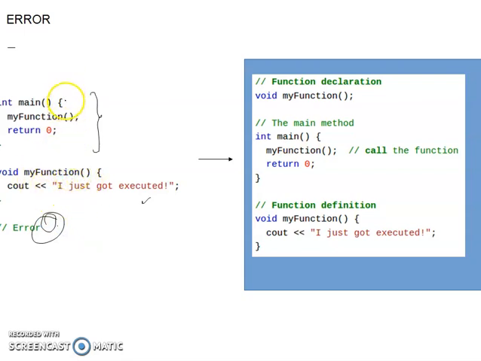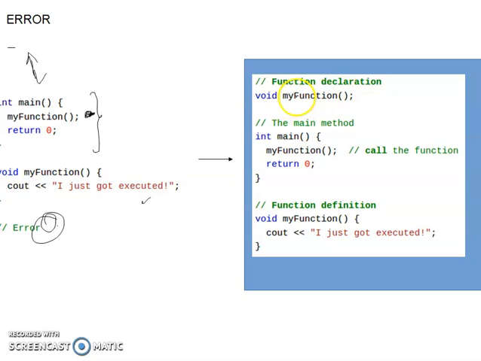Your program execution starts from main. So when you start from main, your compiler sees that there is nothing defined or initialized above it. So your program assumes that there is no function being used here. Whenever you say my function here, it says undefined function, or some kind of error which you get here. So the correct way of implementing is, suppose you don't know how to implement this, you just declare it.